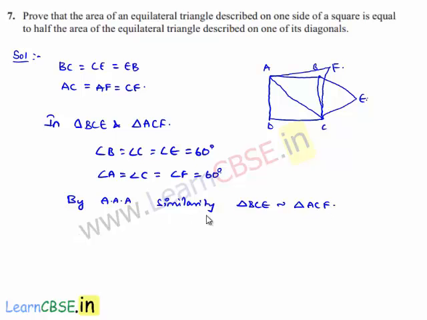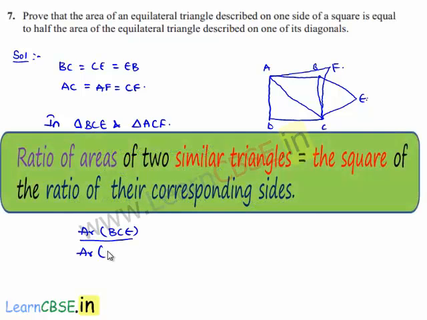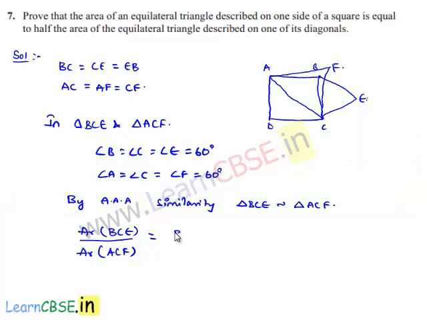As two triangles are similar, let us consider the ratio of area of triangles, that is area of triangle BCE divided by area of triangle ACF. We know that when two triangles are similar, then the ratio of their areas will be equal to the square of the ratio of their sides, that is BC by AC whole square, which is equal to BC, let it remain as it is, by